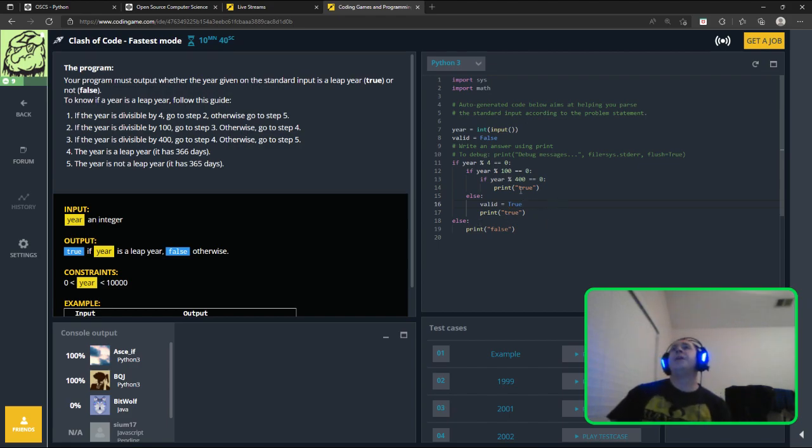Now wait a minute. And then if it's divisible by, otherwise go to step 4. If it is, go to step 3. And if it's